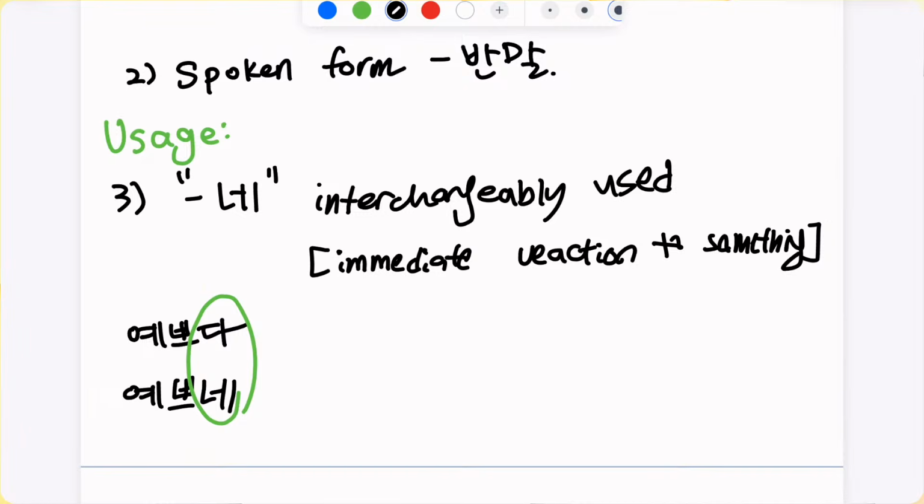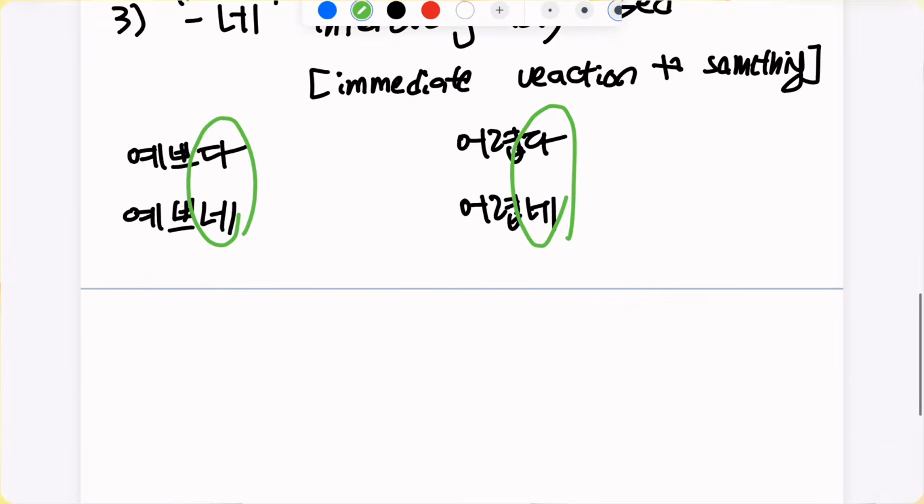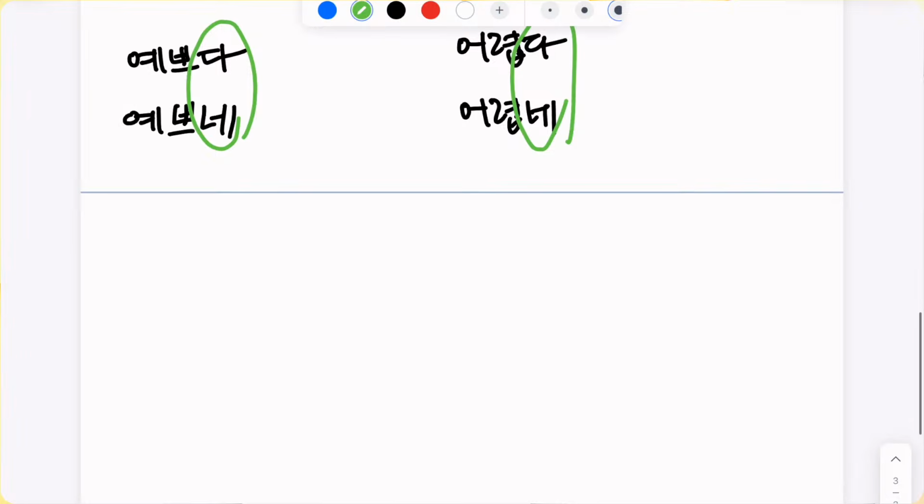그래서 아무튼 예쁘다, 예쁘네 이렇게 할 수 있어요. 그리고 let's say you're studying Korean and you feel that it's hard. You can say, 어렵다. Or 어렵네. 둘 다 맞고. And if you hear someone speaking Korean and that person speaks perfect Korean, then you can go, 한국어